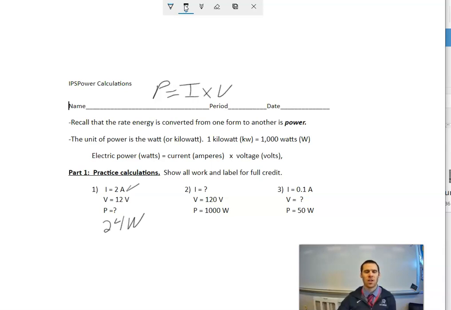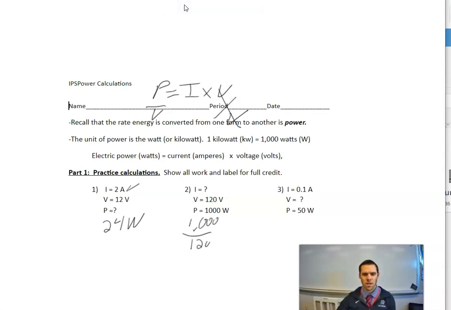Let's do one more that requires a little bit of algebra. I've got power, I've got voltage, I need to solve for current. Just like with our Ohm's law formula, I want to get my unknown variable by itself, which I can do by dividing both sides by V, or volts. So to get current, I'm left with P, power, divided by voltage, or V. So that's going to be 1,000